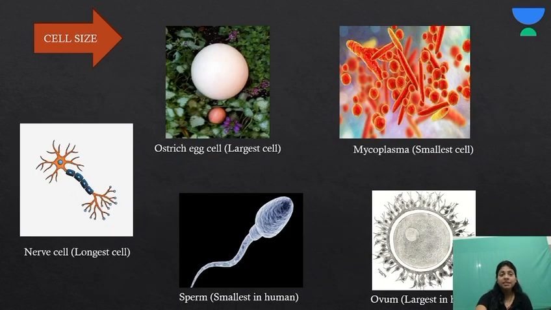Okay, now the next is the cell size. When you talk about the cell size, the largest cell is found in the egg cell of the ostrich. Okay, whereas the smallest cell is the mycoplasma, which is a kind of bacterial cell, and the longest cell is the nerve cell. Now, this is in the entire biotic ecosystem. When you talk specifically about human beings, the smallest cell is the sperm, which is the male gamete, whereas the largest cell is the ovum, which is the female gamete. Okay, so I think this is clear to everyone. Now,